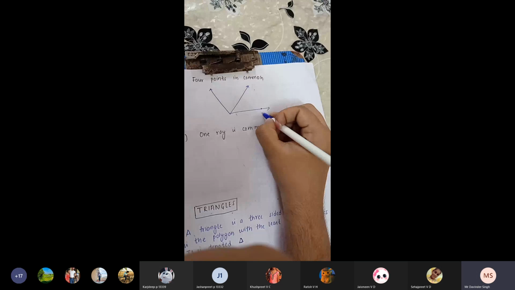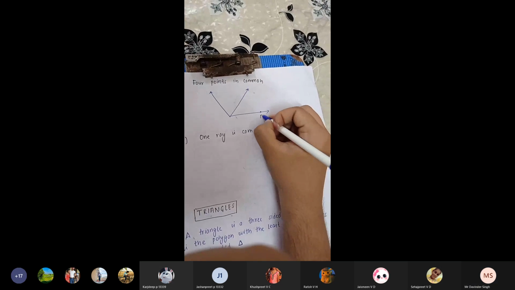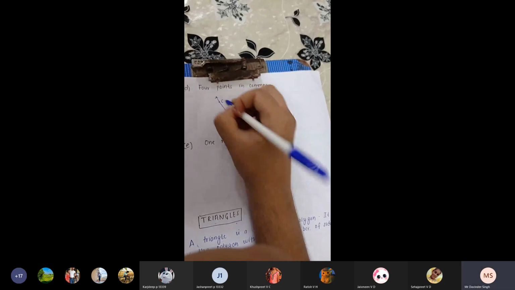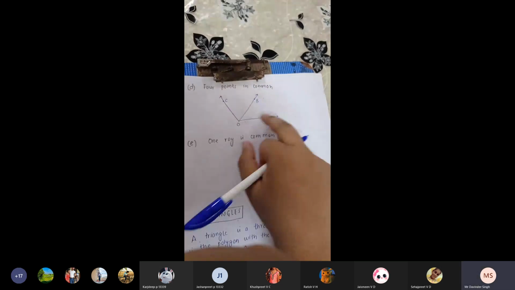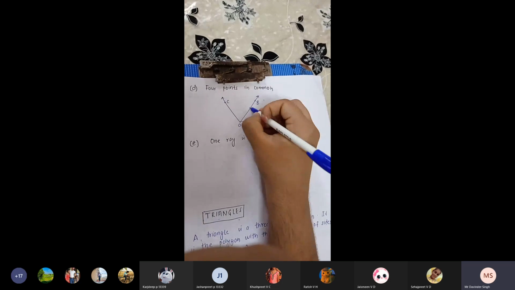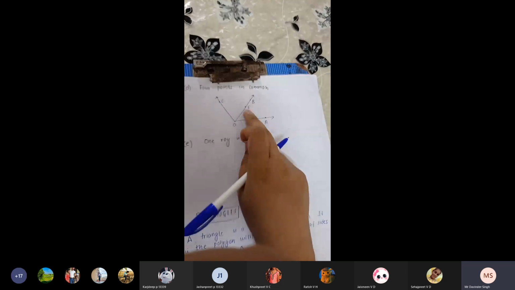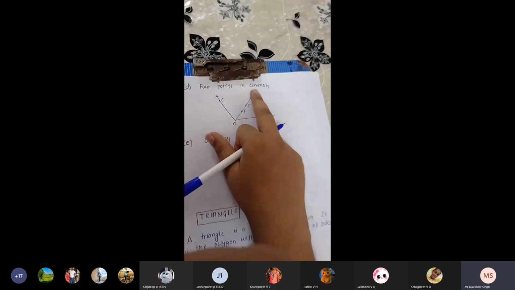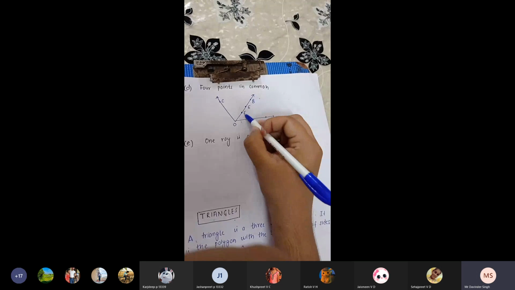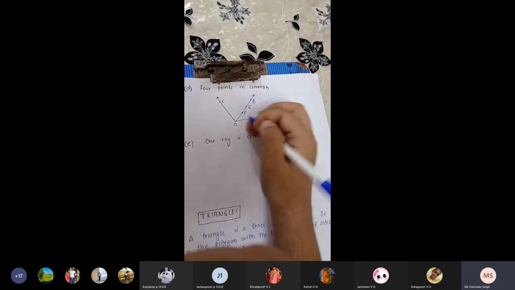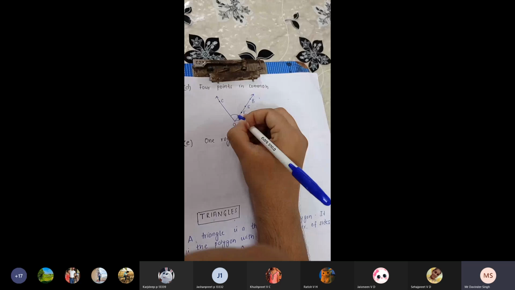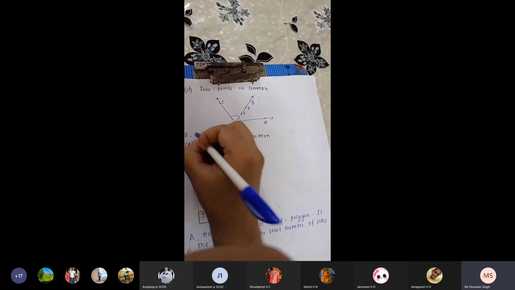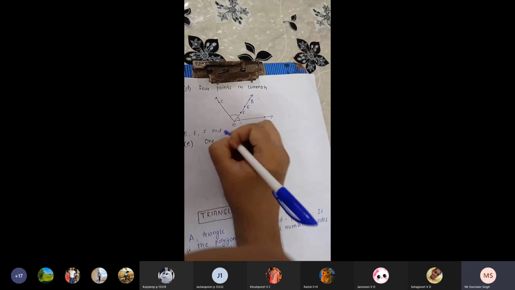It was AOB and then BOC. So here again it has two common points. If I draw one more point, now it has three common points. If I draw one more point, now it has four common points. You can see B, E, F, O. These 4 points are common between this angle and this angle. So I can write it as B, E, F and O.